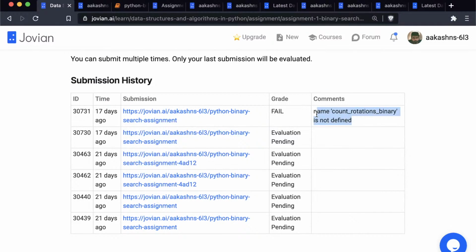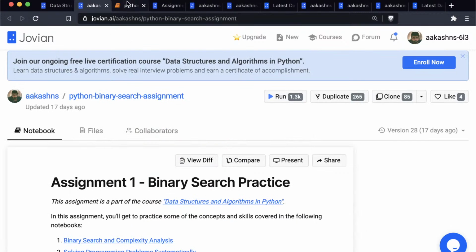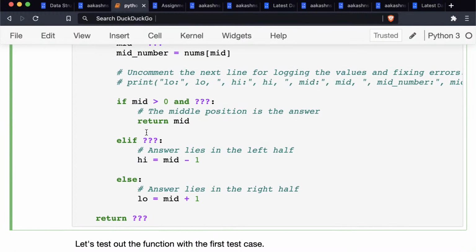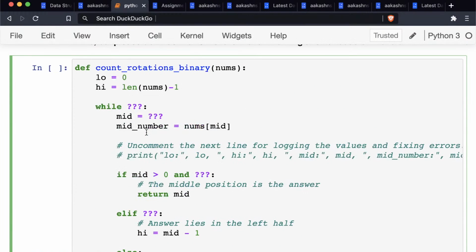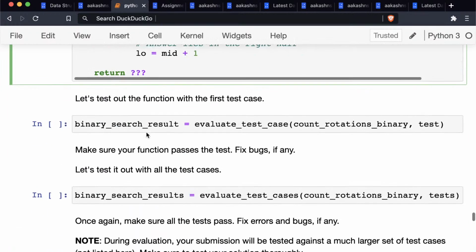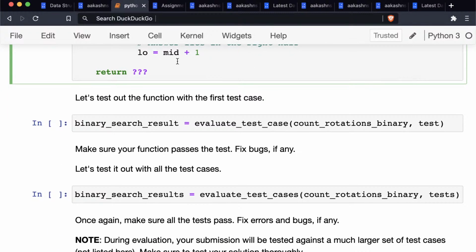Okay. So here is a fail. I have received a fail grade. I will go back and fix the issue and then come back. Now it's very important for you to have a good set of test cases to test your function, so that when you get an error, you can look at your function's performance on the test cases and fix anything that needs to be fixed and add new test cases if you need to.